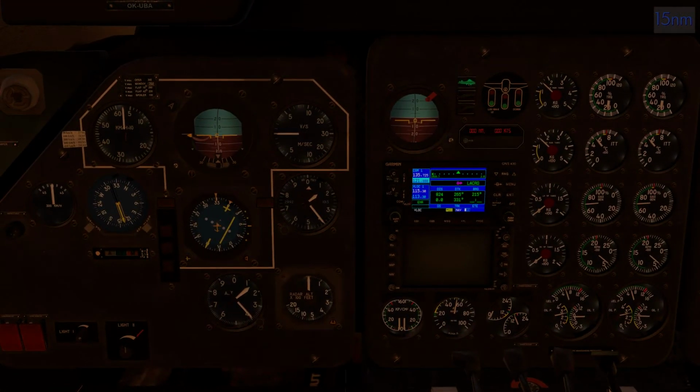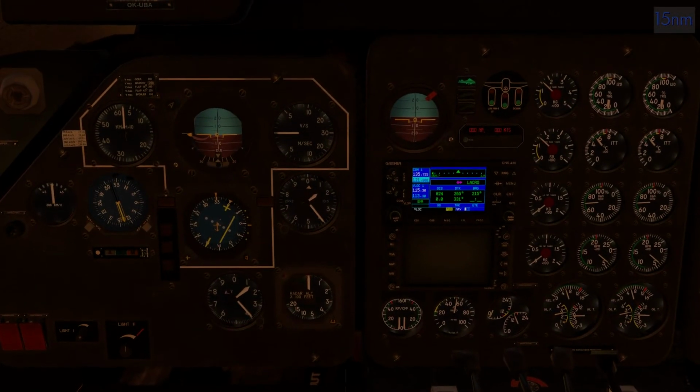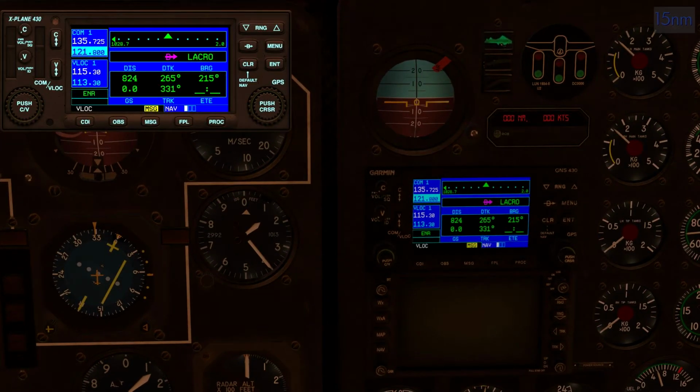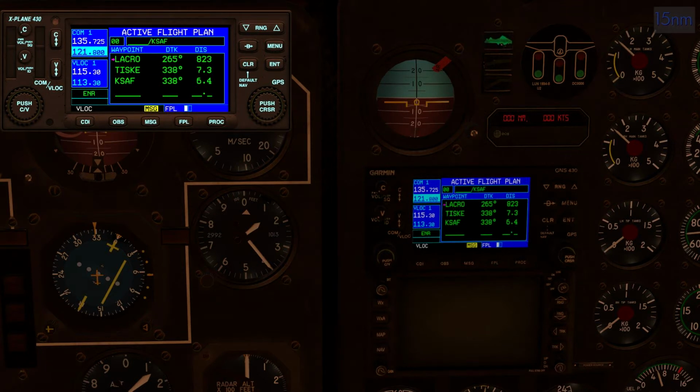Okay, let's get our instruments set up. I'm actually going to... Oh, I have another way of looking at that. What is it? I don't remember. Let's just go like this one. Okay. We can always zoom in, I guess. Alright, can we pop it out? We can. Okay, I haven't used the 430 very much. I assume it's very similar to the 530. How do I